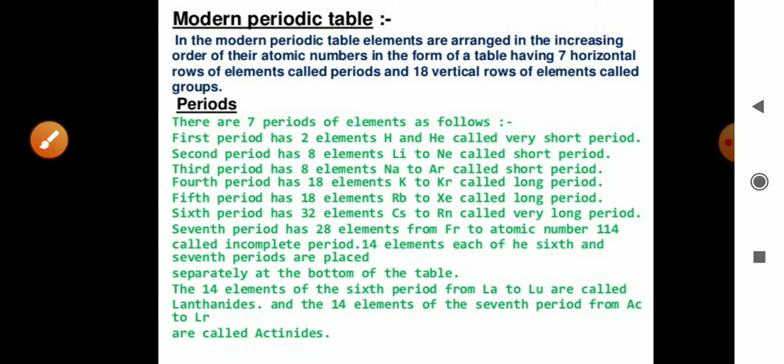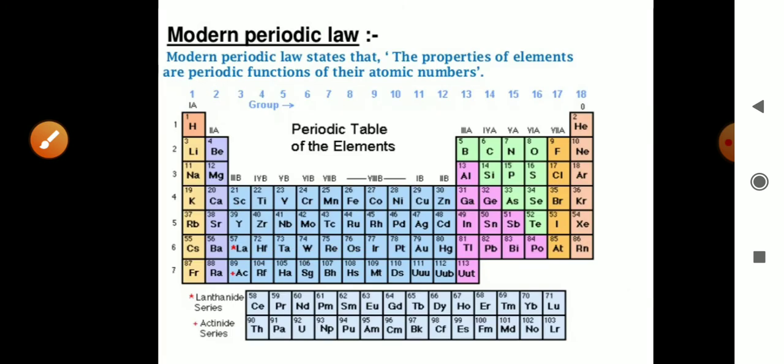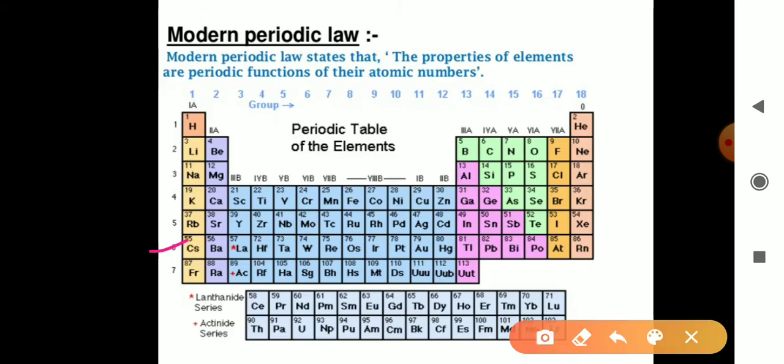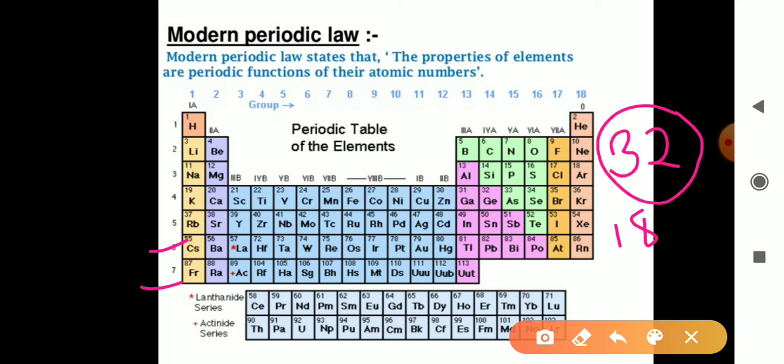Now here we can see it in the table. In the 6th and 7th period, we can see the total elements here. Total elements are 18, but we studied in the previous point that total elements in the 6th and 7th are 32. So how does this 32 become? From this, these are 18 elements and the remaining 14 elements are placed at the bottom of the periodic table.